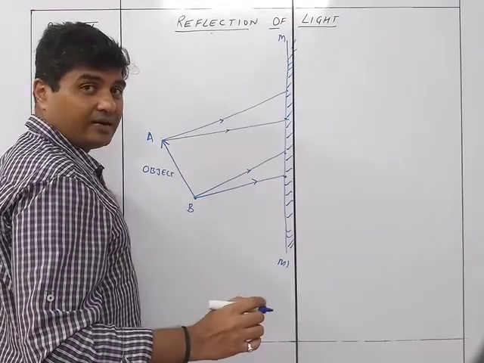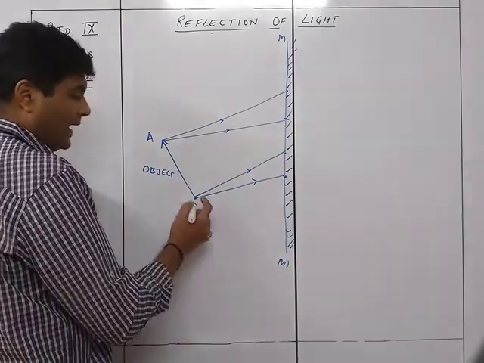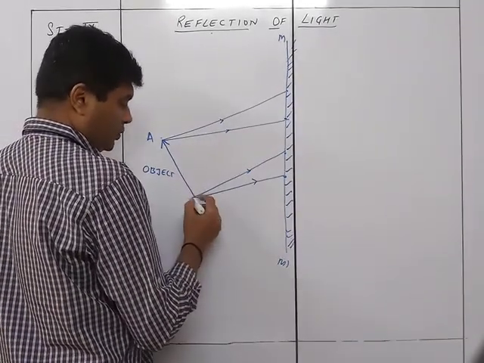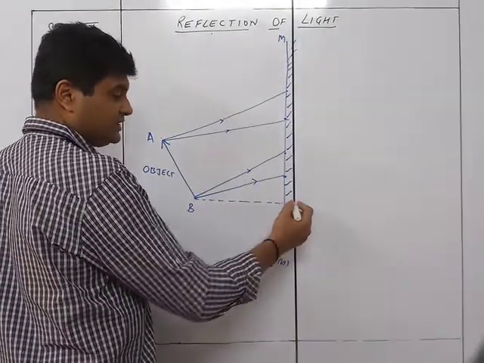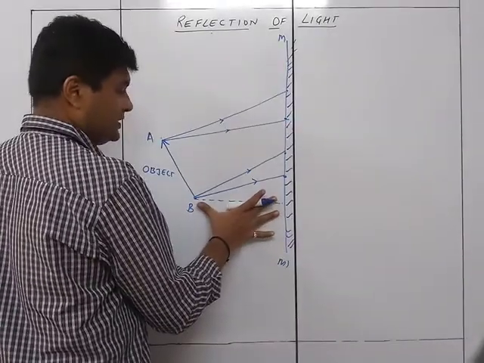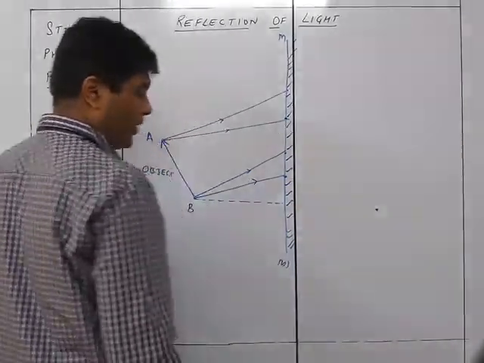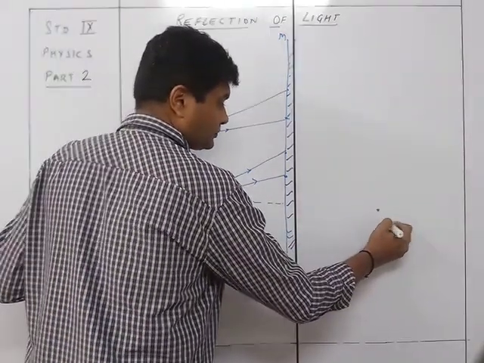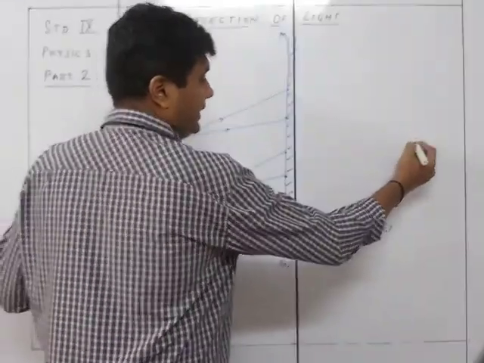Now for the reflected ray. There is no need to make the angles. What will we do? We are going to draw a line. In fact, you don't draw a line also. You can just measure this distance, keep a scale, measure this distance and mark a point over here. So this will be over here like this. This will be the point B dash. And accordingly, this over here will be the point A dash.